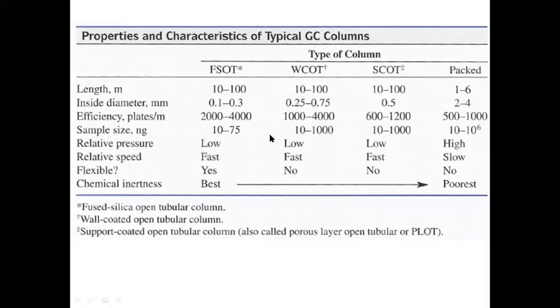So that's why open tubular columns are always advantageous, because we can separate the solutes very fast, and there is flexibility while using fused silica columns, because we can modify silica to any extent for our convenience. If we want to retain the polarity in the stationary phase, we can retain it. Otherwise, we can convert that stationary phase into a non-polar one. So it is very simple. That's what flexibility means.